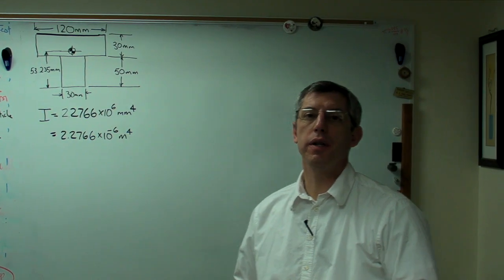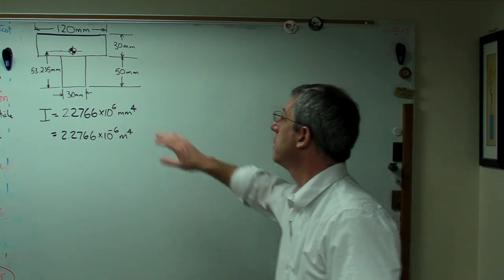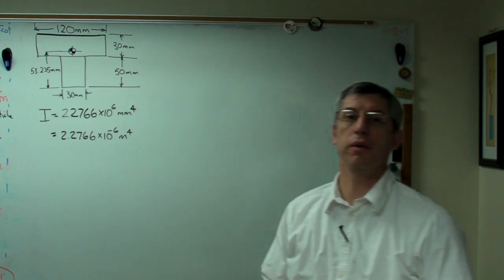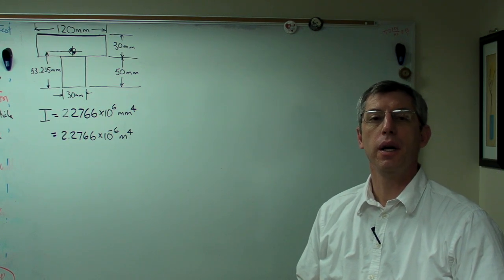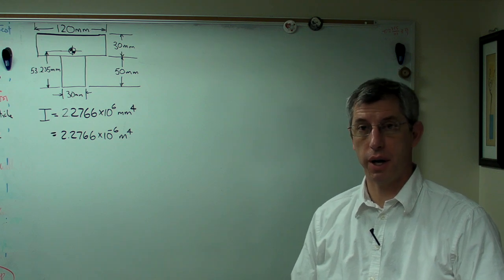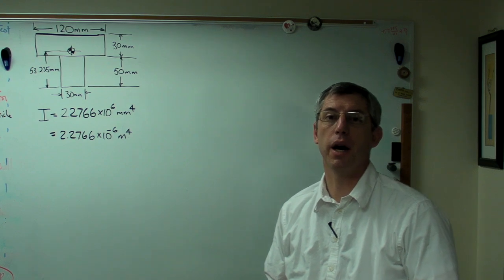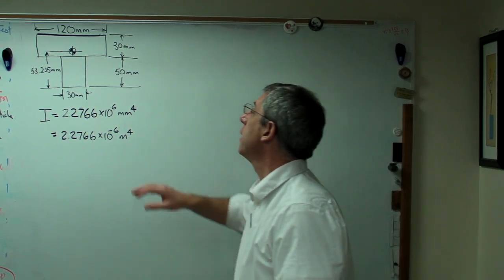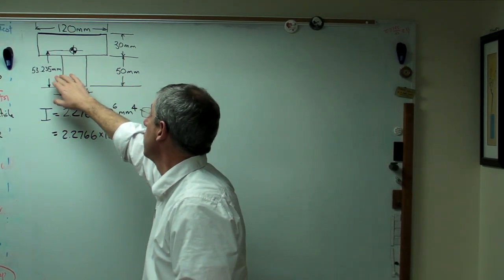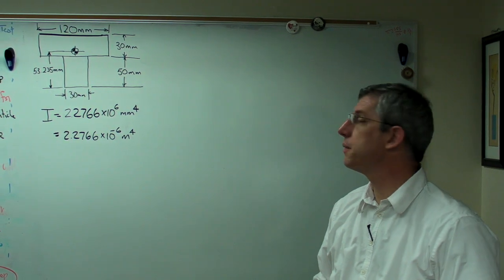Let's extend the previous example now to calculating shear stress. This is the same T-shaped section that we've used in the previous example. The top box is 120 millimeters wide, 30 millimeters high. The bottom box is 30 millimeters wide by 50 millimeters high. We found previously that the centroid is 53.235 millimeters from the bottom of the shape,